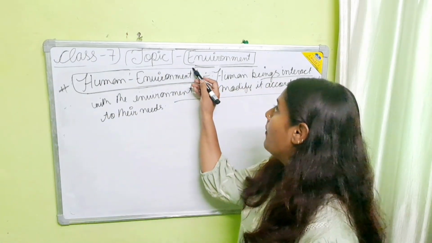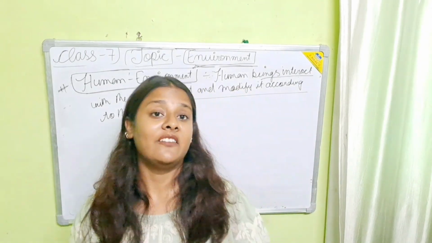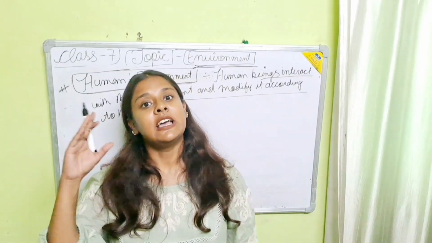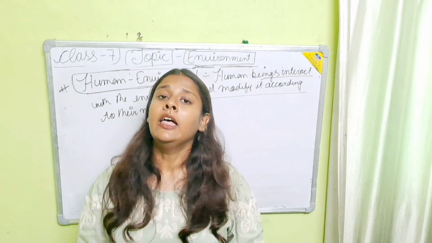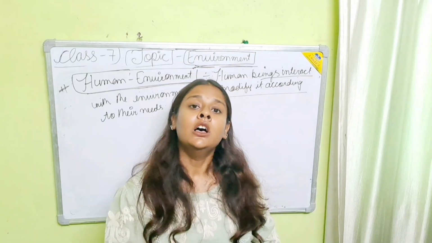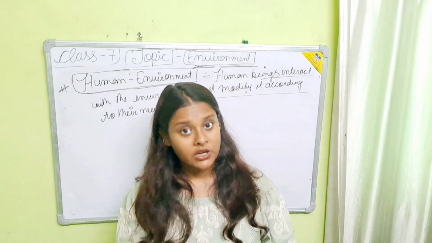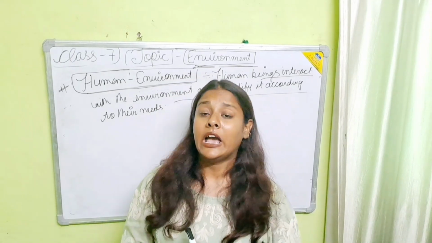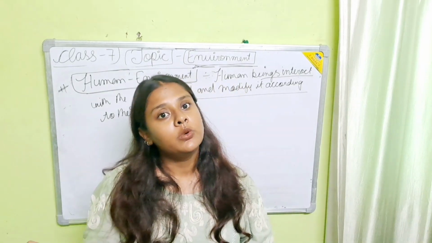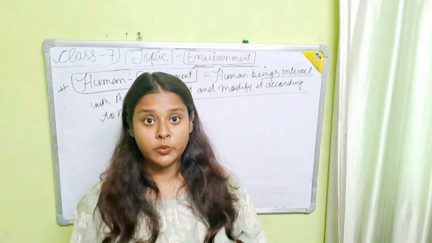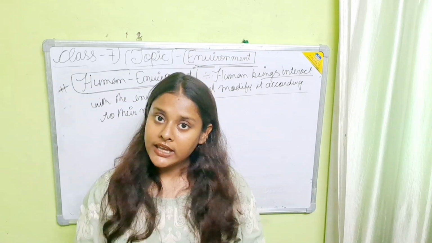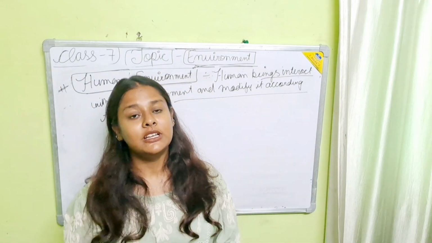That's all for our topic named environment. In this, we have discussed what is environment, components of environment, that is natural environment and human-made environment. Then in the natural environment, we have studied about lithosphere, hydrosphere, atmosphere and biosphere. And when we talk about human-made environment, we have talked about how humans started modifying the environment to fulfill their needs. The human-made environment could be buildings, industries, monuments, parks, all these things humans have created for their comfort. Okay, this is all. Now we are going to start with this exercise.